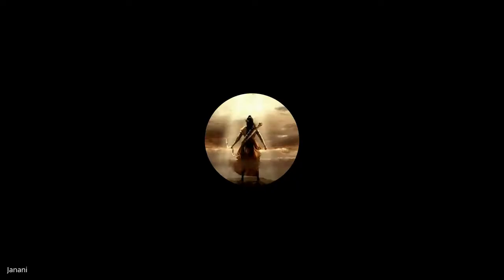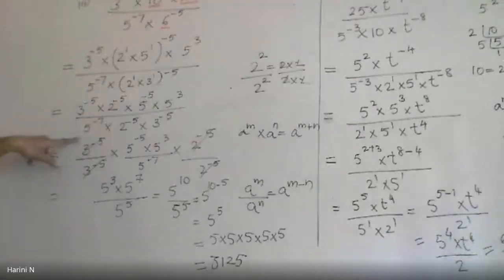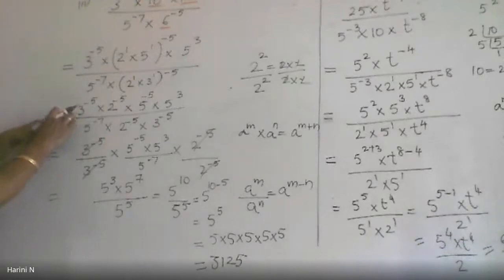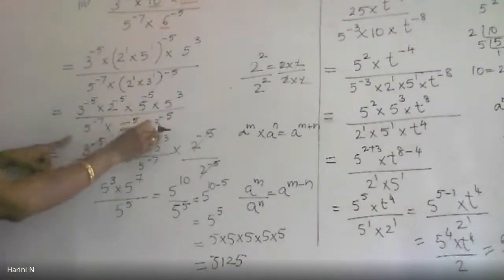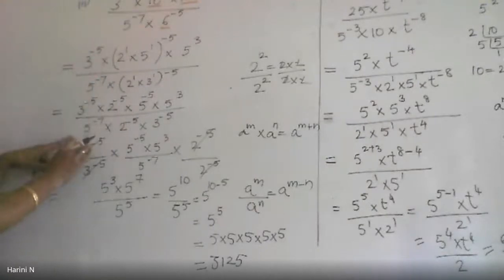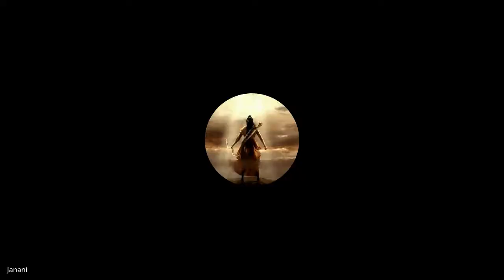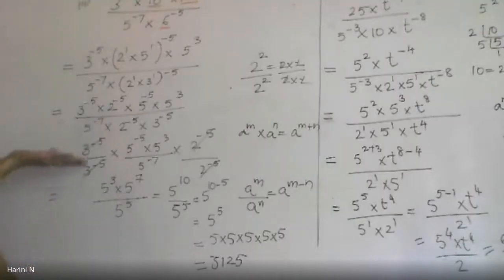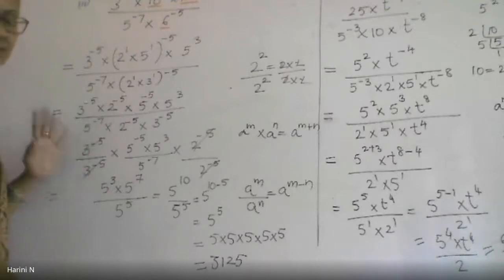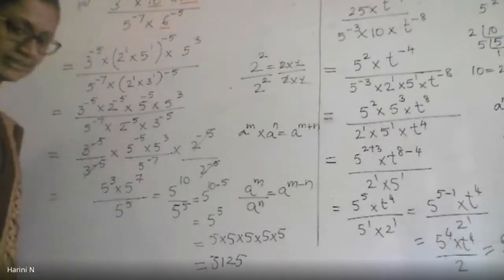Yes, tell me. Ma'am, in the third step there is a negative power. We can convert it into positive also. Instead of doing this, you will bring this 3 to the power negative 5 as 3 to the power 5. This 3 to the power negative 5 again will go as 3 to the power 5. So instead of cancelling 3 to the power negative 5 and negative 5, you will be cancelling 3 to the power 5 and 3 to the power 5, both being the same. You can do it if you want. I did not do it because anyway those are going to be cancelled, so I used it as a negative power itself. You can do it. That is correct.